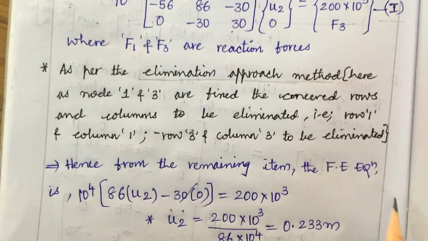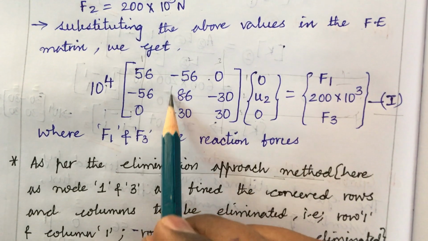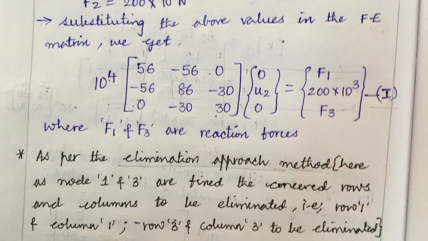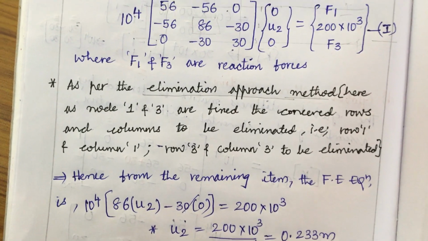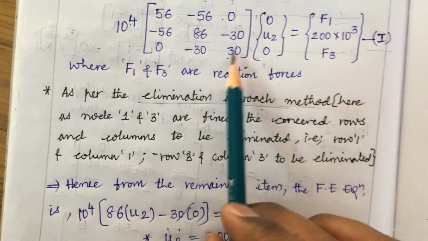So after elimination, what happens to this? We are left with only this 86 here, isn't it? Now when you do the matrix multiplication here, if you look at this, to work out the U2